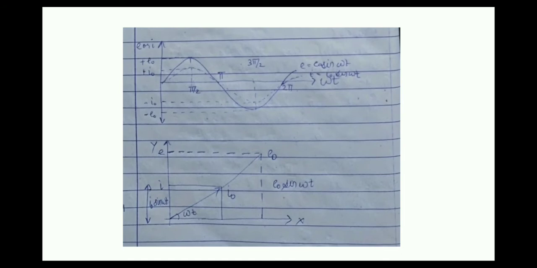In AC circuits containing only R, current and voltage are in the same phase. Hence both phasors for I and E are in the same direction, making an angle omega t with OX. The projection on the vertical axis gives their instantaneous values. On the y-axis we have E and I, and on the x-axis we get a straight line with I0 and E0, having E0 sine omega t. So the phase angle between the alternating current and alternating voltage through R is 0. This is the phasor diagram for a purely resistive circuit.